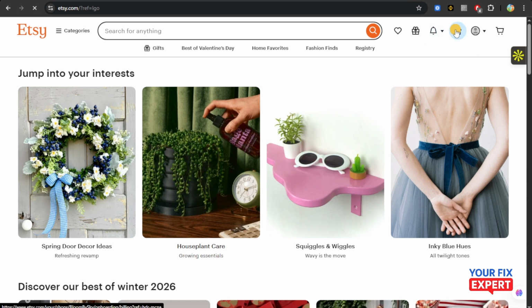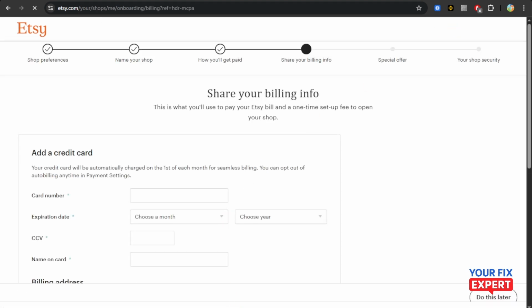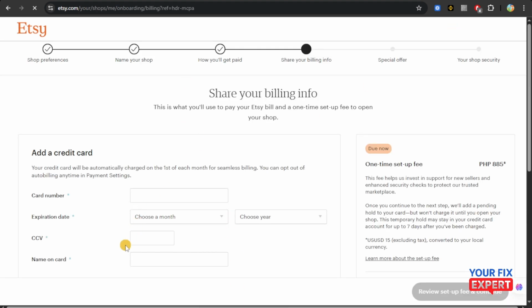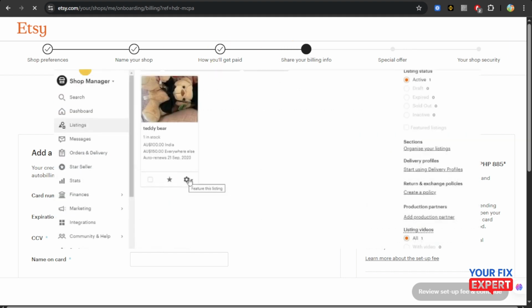manager right here at the top right corner of the screen. Now from the shop manager, you're just going to head over to the left side panel right here, and then from there you'll be able to see the listings right there. Now you're just going to click on listings, and then from this page you're going to